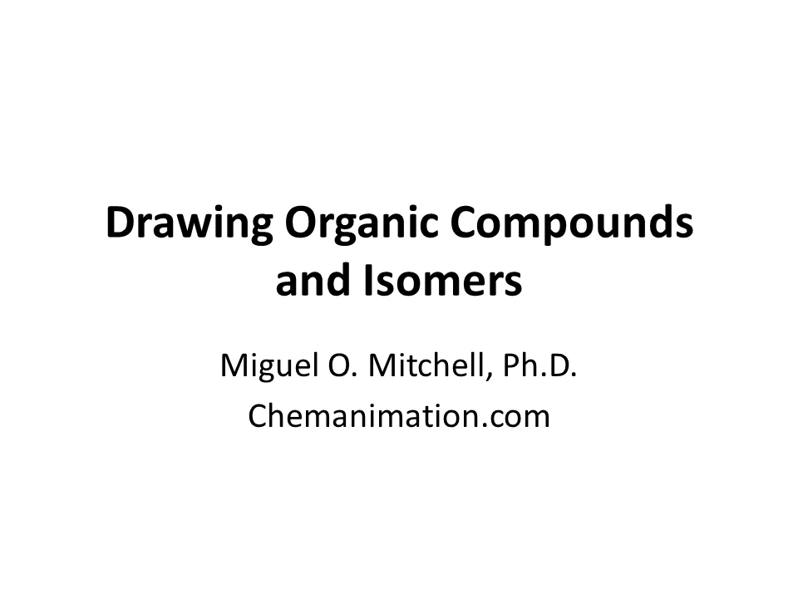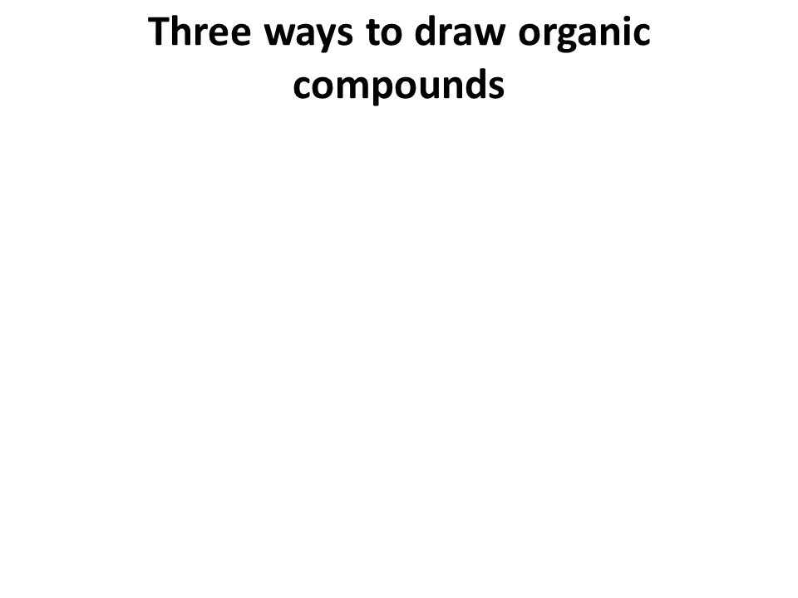Drawing organic compounds and isomers. There are three ways to draw organic compounds. The first way, the Lewis structure, is how you learn how to draw compounds showing all the bonds and atoms